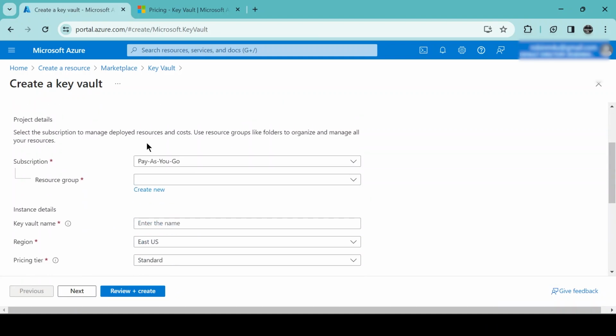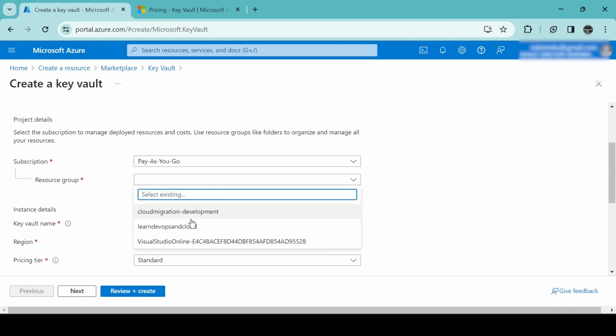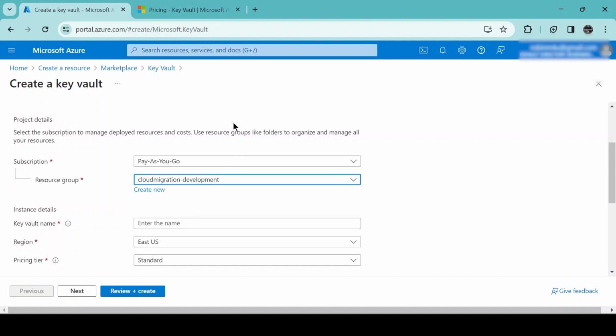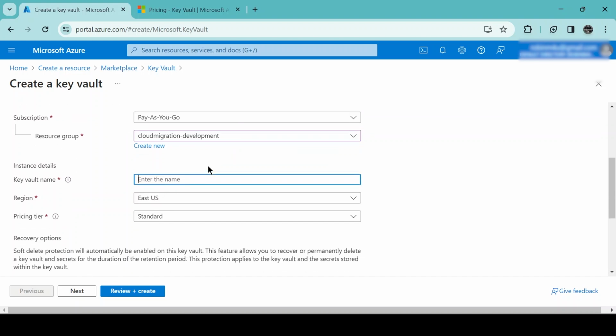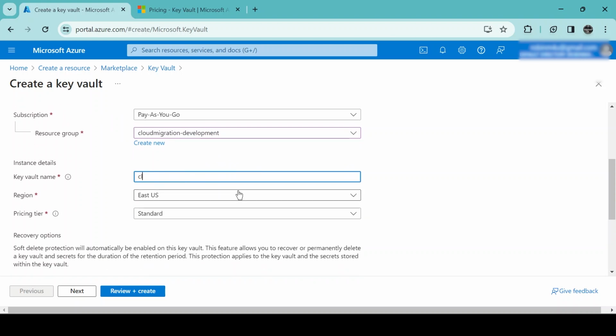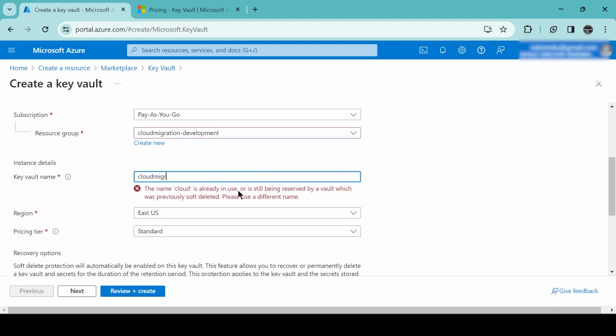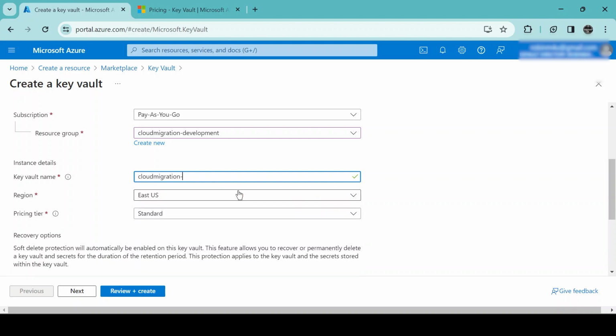So it is asking some details. You need to select the subscription here and the resource group. I have already created. In case you don't know how to create a resource group and what are the things you need to keep in mind while creating a resource group, you can watch my previous video about how to create a resource group. So I already created my resource group that I am going to select here, that is cloud migration develop. The key vault name also I'm going to give the same one, cloud migration hyphen